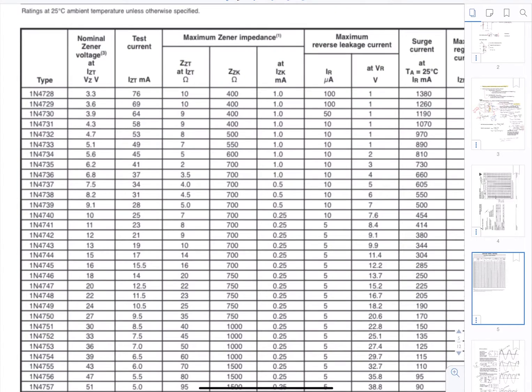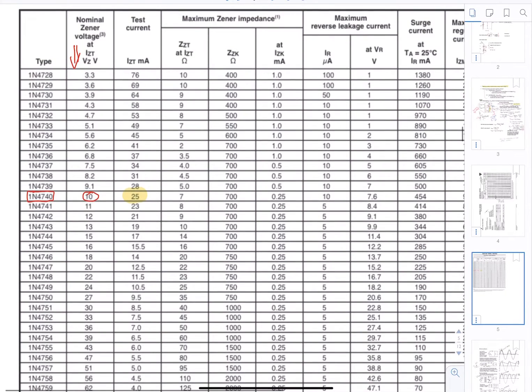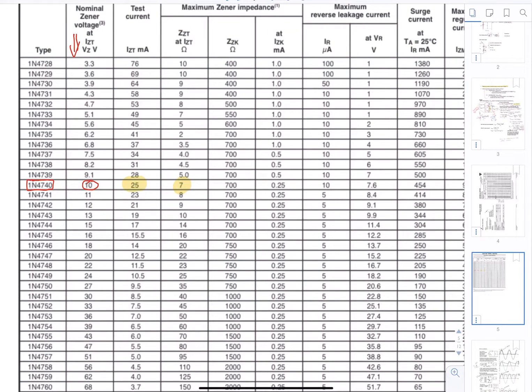If we want to have, say, that 10 volt, we'll look in this column. We'll go down to the voltage that we want. For example, this would be the 10 volt. This would be the Zener diode number that we would want, 1N4740. You can see here your IZT in milliamps, and your 7 ohms. And then it gives you other information with more details. But basically, you need to get 25 milliamps through that Zener diode in order to get around 10 volts